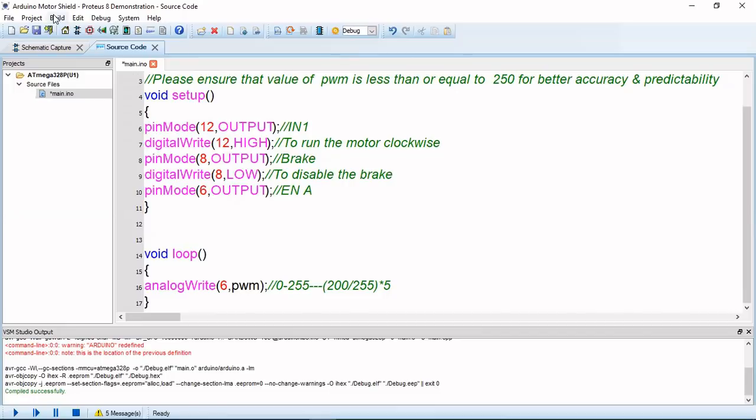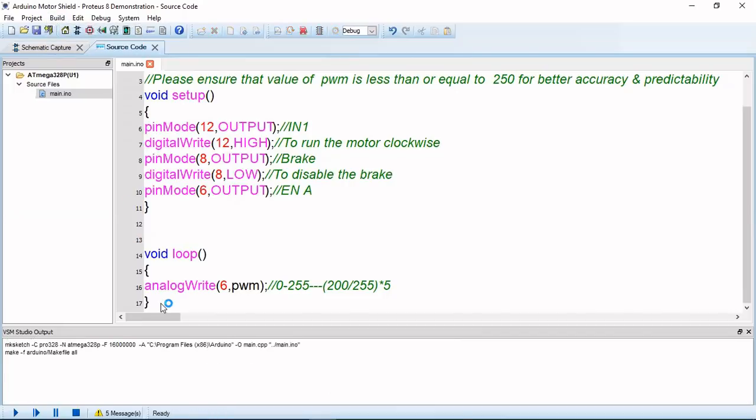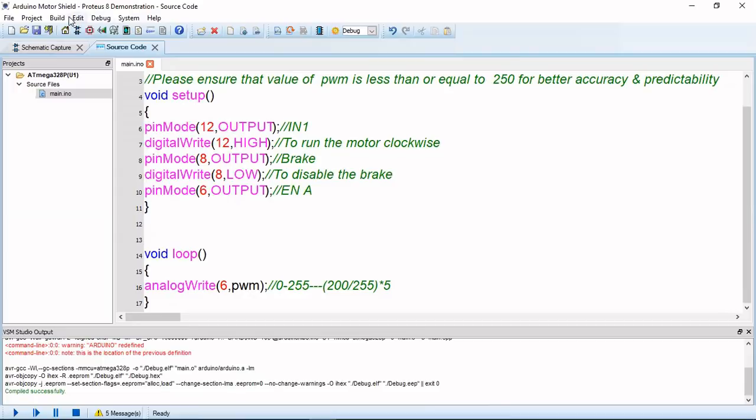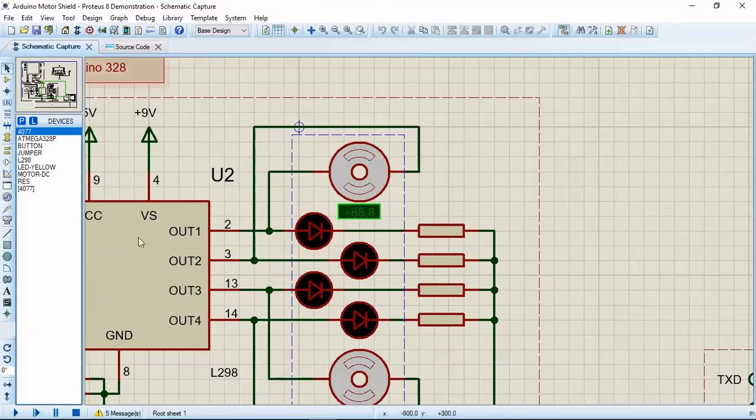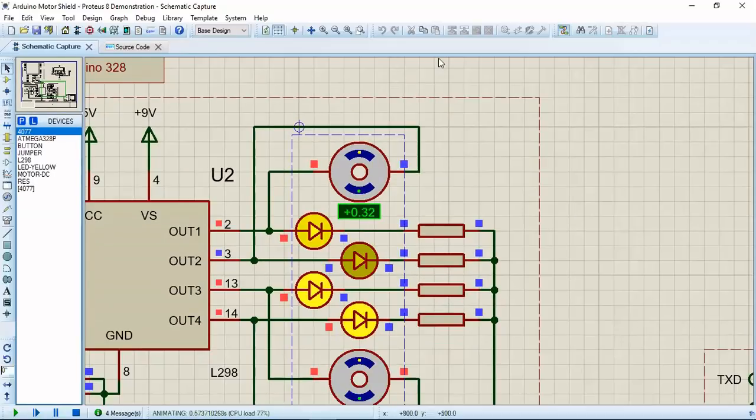Okay, now I will compile it and upload it and run the simulation. So the motor has settled at 9.2 rpm. Ideally it should settle at 17.5 because we have decreased the PWM value by half, so the speed should also decrease by half.